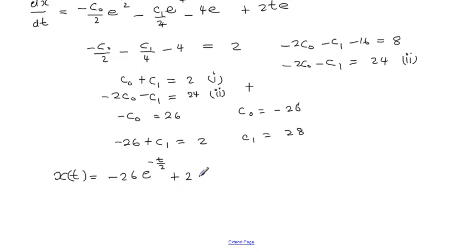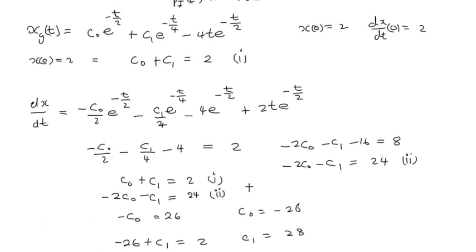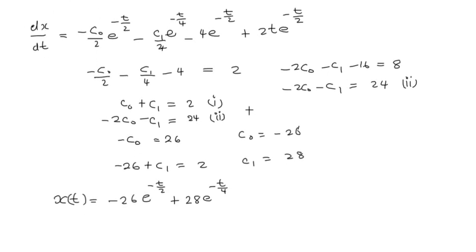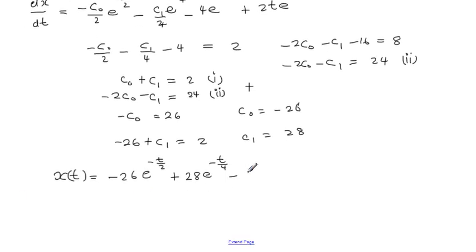plus 28 e to the power minus t over 4 plus our particular integral, which is minus 4t e to the power minus t over 2. And that concludes the exercise. Now, what is important to highlight is what we did when we got a contradiction